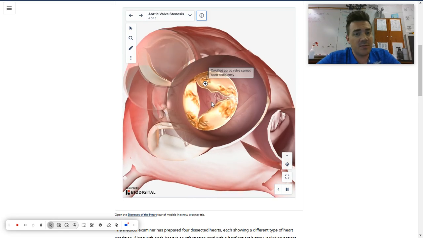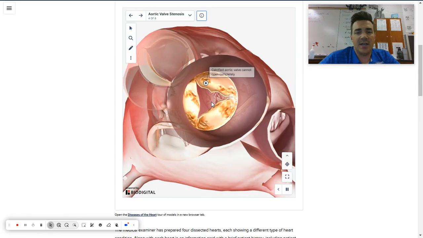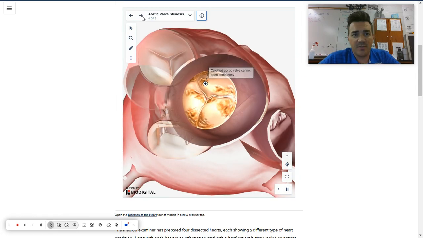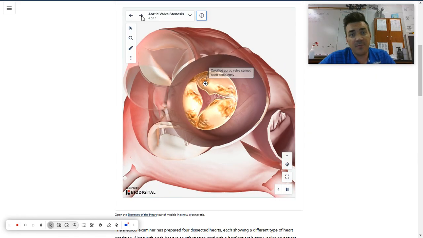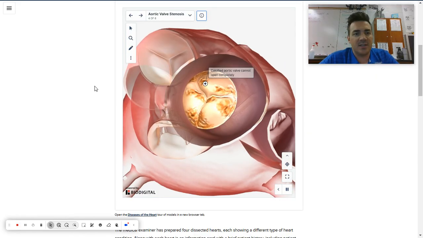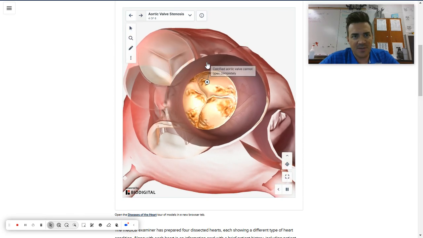You can also have problems with the valve where they don't close all the way, and so you can get leakage and backflow, and that can cause a lot of problems. You're also going to have decreased cardiac output. Either way, having problems with those valves, whether they're not opening enough or not closing all the way, can lead to some major issues. Next one here, if the arrow button works, come on, there, go to the next one, there it is,